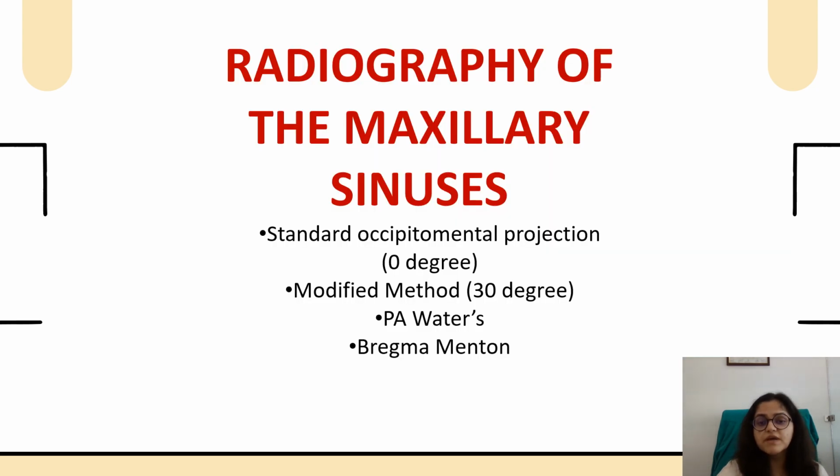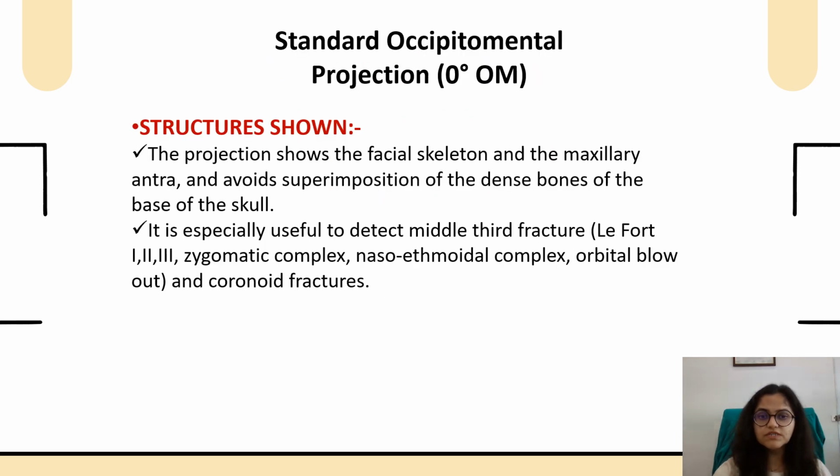Next is the radiographic of the maxillary sinuses, in which we will be covering the 0°, 30° PA Waters and Bregma-Menton. First is the standard occipitomental projection, that is 0° OM. The projection shows the facial skeleton and maxillary antra. It avoids superimposition of the dense bone of the base of the skull and is especially useful to detect middle third fractures, that is Le Fort 1, 2, 3 fractures, zygomatic complex, nasoethmoidal complex, orbital floor blowout fractures, and the coronoid